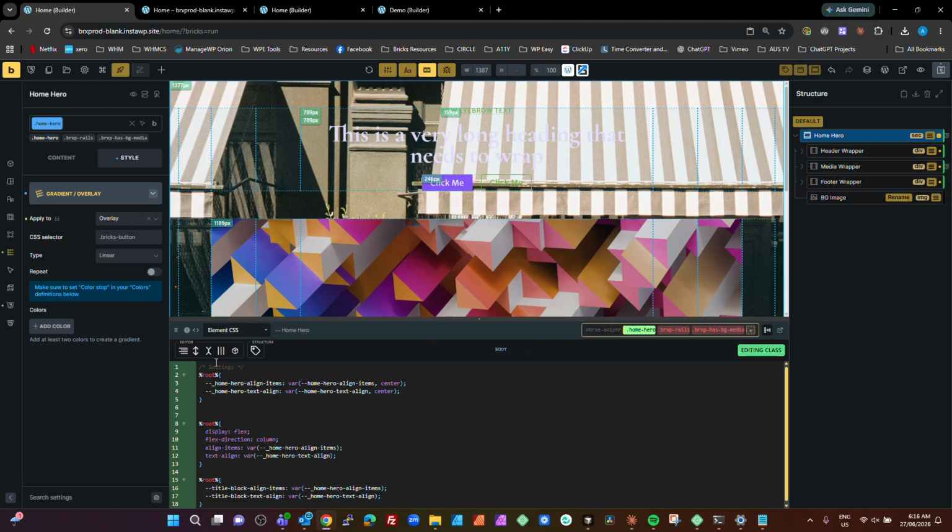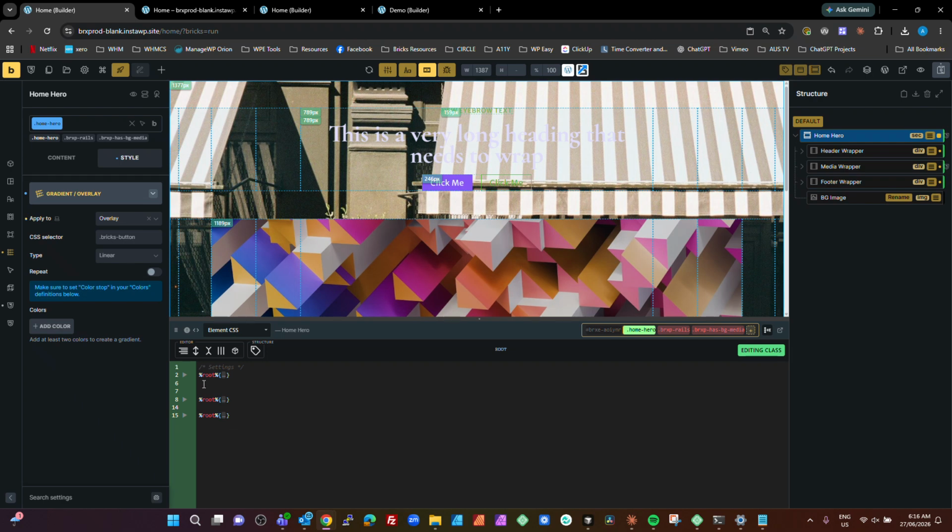On that home hero, I'm just going to collapse everything. And I'm going to create a new root block, and here I'm just going to call it R, and we'll put a little title over that. I'm going to go overlay. You can put them all in the same root block, or you can organize them into these. And on those, I'm going to go position,